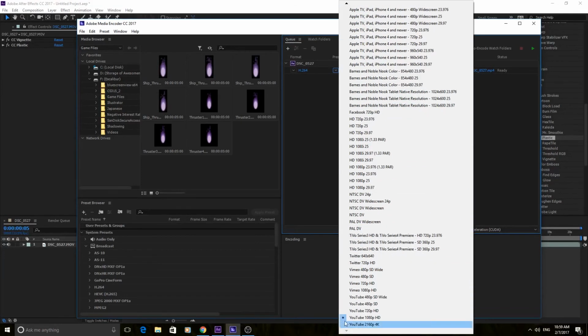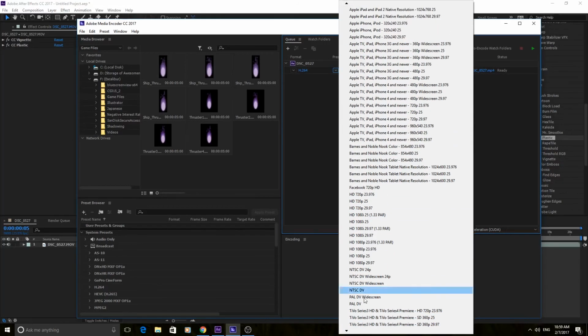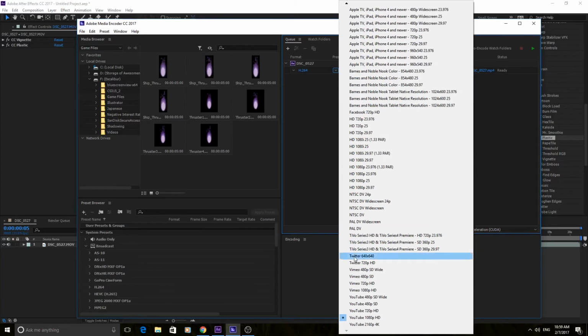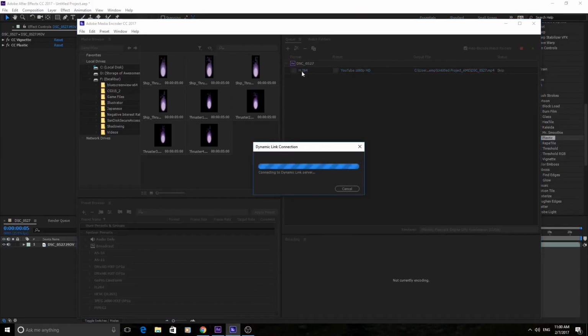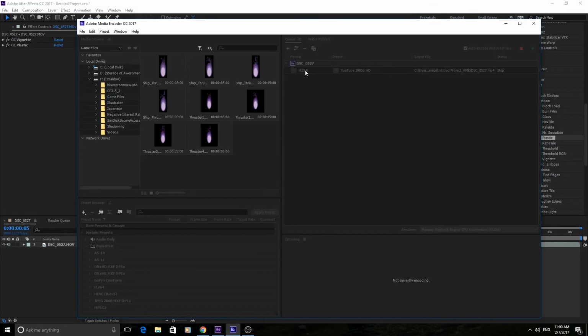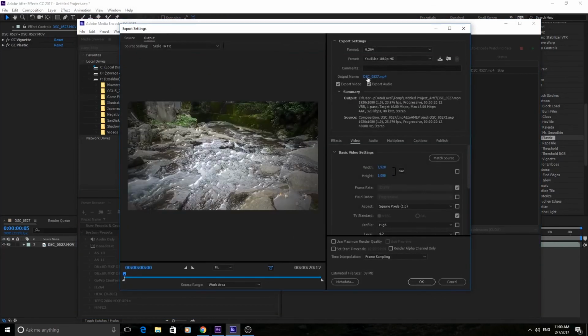For example, it has YouTube and Vimeo, it has Twitter, it has just regular HDs all the way down the scale, TiVo, Barnes & Noble book, Apple TV. I mean, it has cool presets to render stuff out in. So if you're rendering out a video for YouTube, you could click this YouTube 1080p, and you'll see that it defaults here to H.264. Connecting to the dynamic link server. Any second now. Okay,